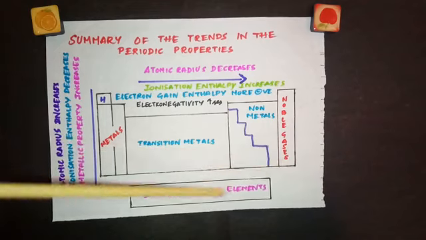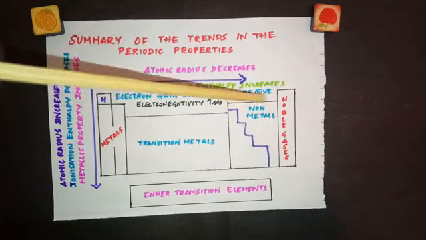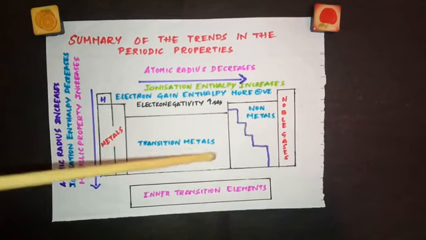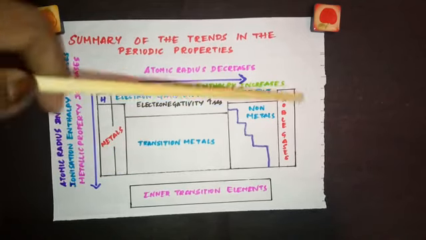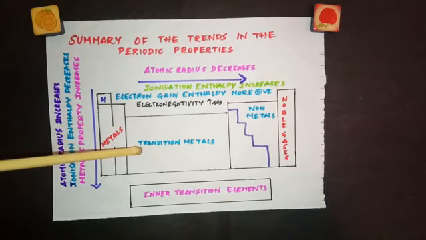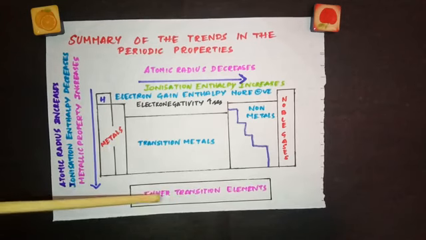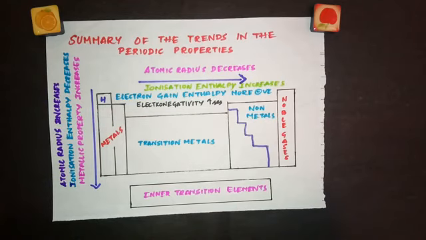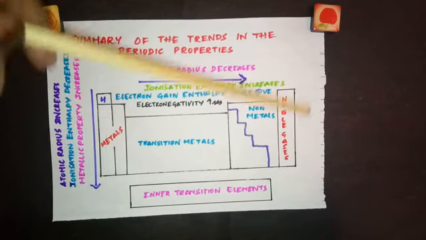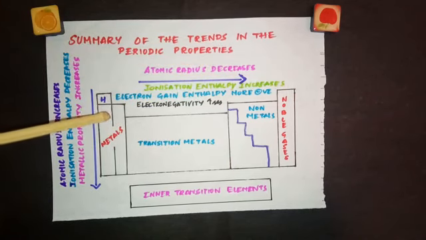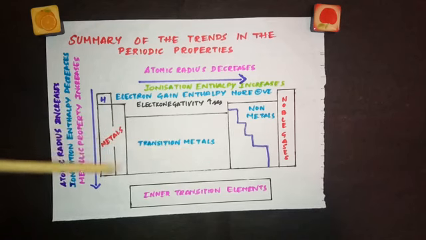So consider this as a periodic table. When you look at this periodic table, we have s block elements here, transition d block elements here, p block and the f block here. So we call the d block transition elements, the f block inner transition elements, and the p and s blocks together representative elements. And in the end we have noble gases. So we have 18 groups and 7 periods. Each row is a period and each column is a group.